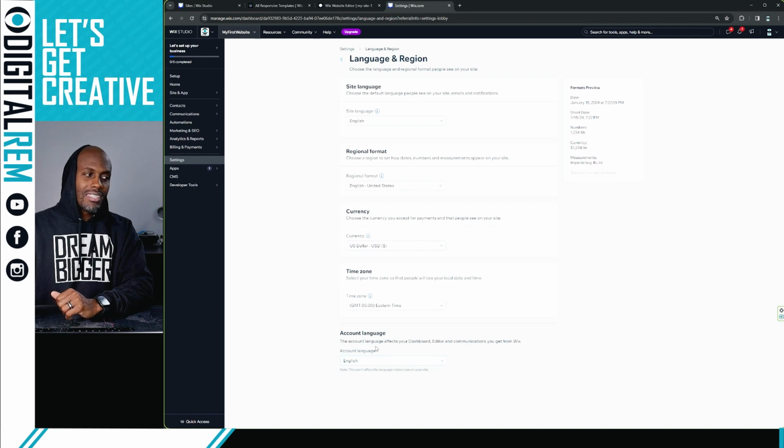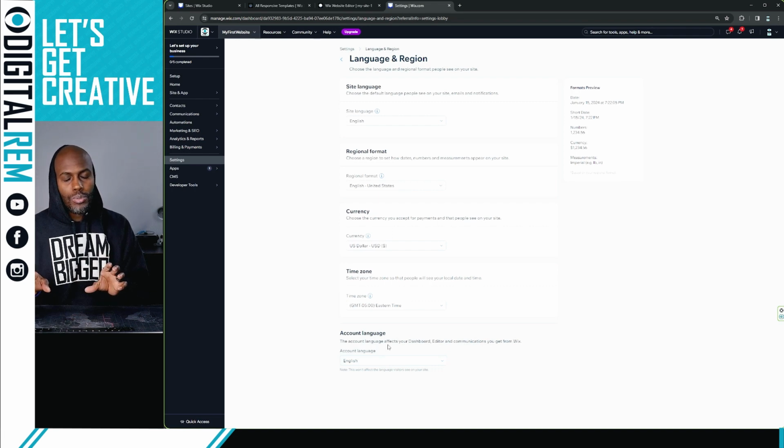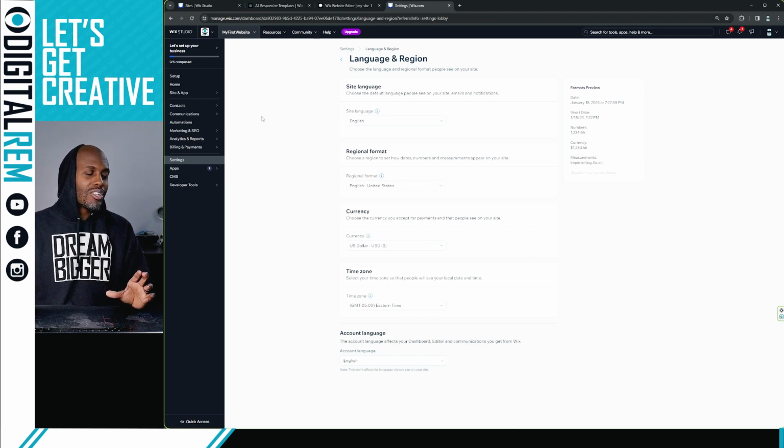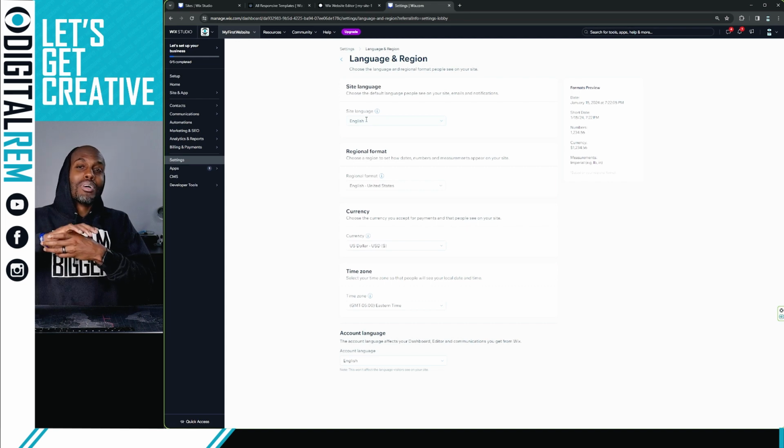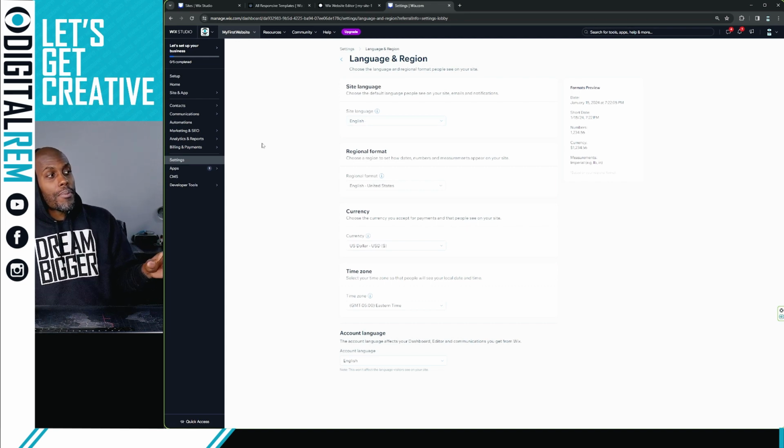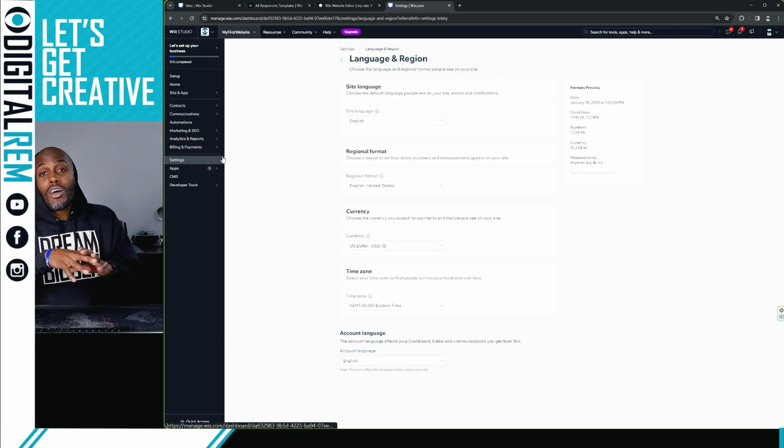I want to emphasize the difference. Account language, again, is going to change all of the stuff that you see. The site language is going to change not only what you see, but what the actual viewer sees. So again, if your developer or your web development team is based